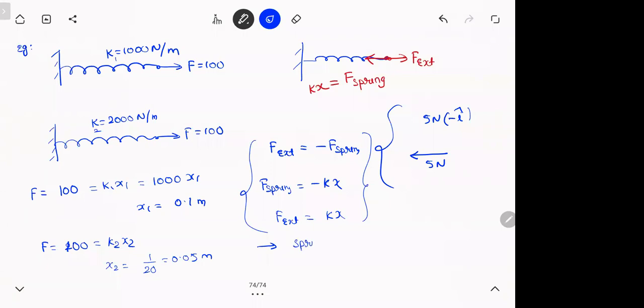Next thing, what do spring and spring balances measure actually? If you remember, we wrote it before class. Spring and spring balance, they measure tension. And what about the reading of the spring balance? The spring balance will measure tension and divide by gravity G, and that will be the reading. So for example, if it measures 500 Newtons, it means it is showing 50 kgs. So the reading of a spring balance is tension divided by G.